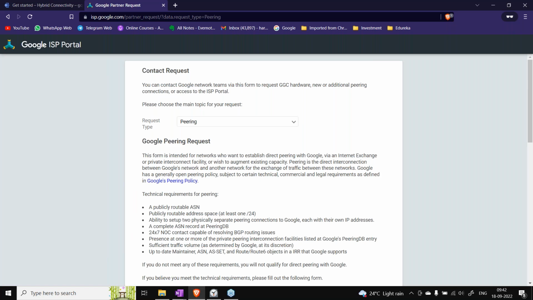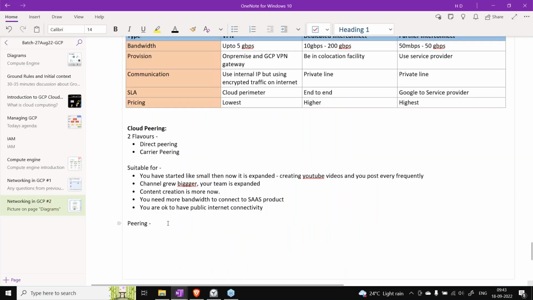Going for higher bandwidth just by increasing your internet speed won't help. So if you are using Google products and you want higher bandwidth, and you are okay with your traffic going via the public internet, not just by private IP, then cloud peering is an option for you.